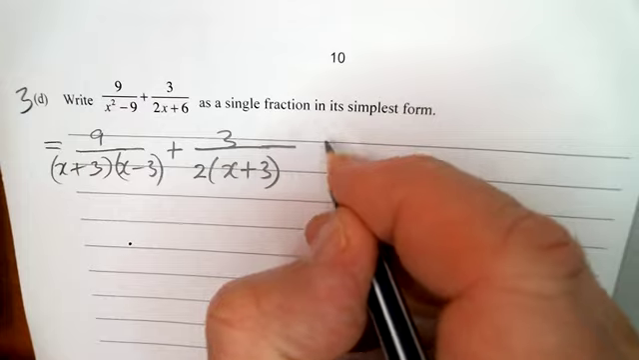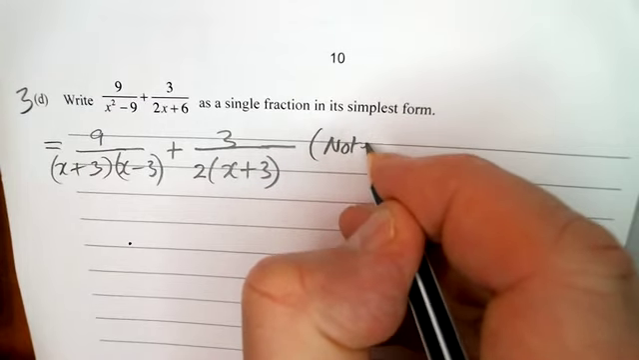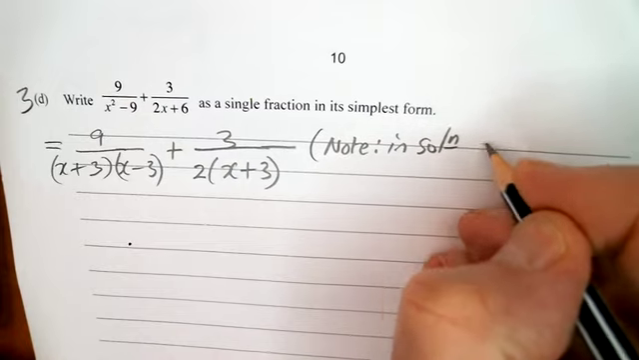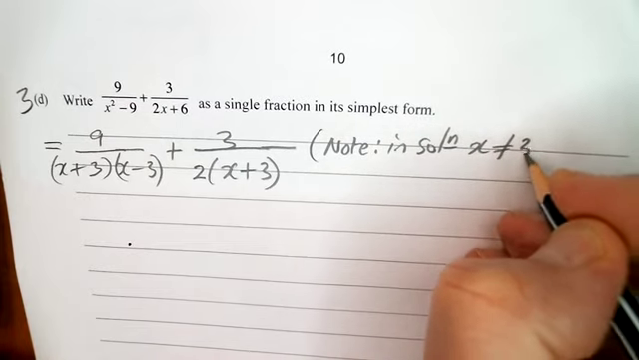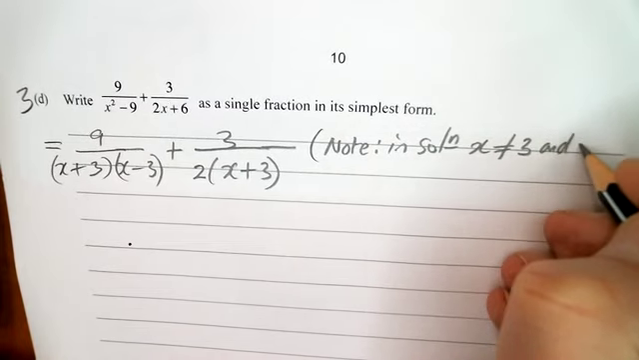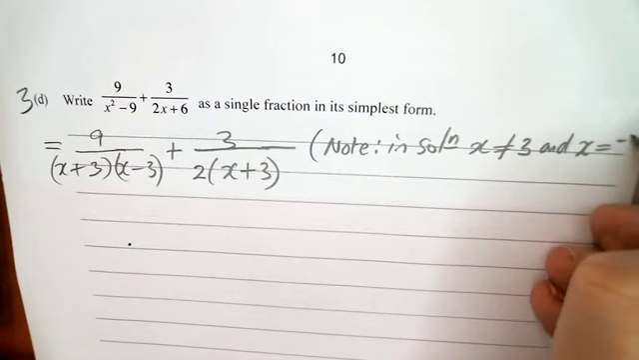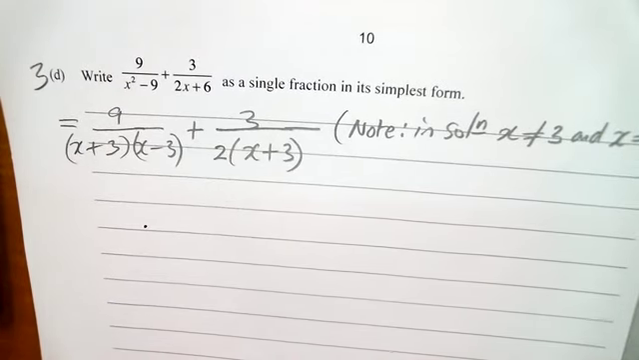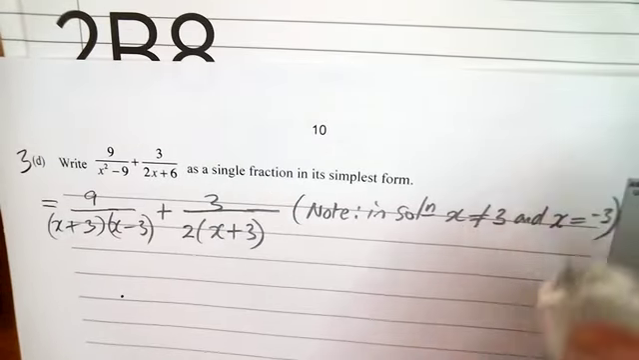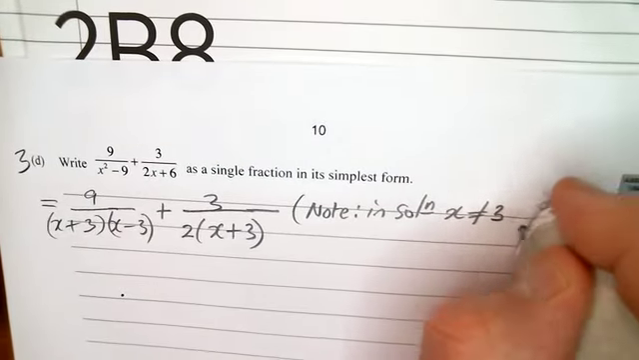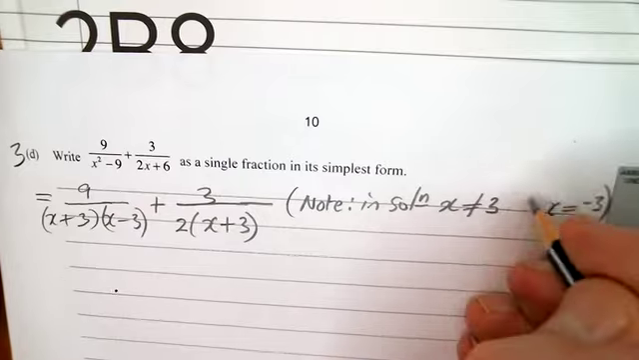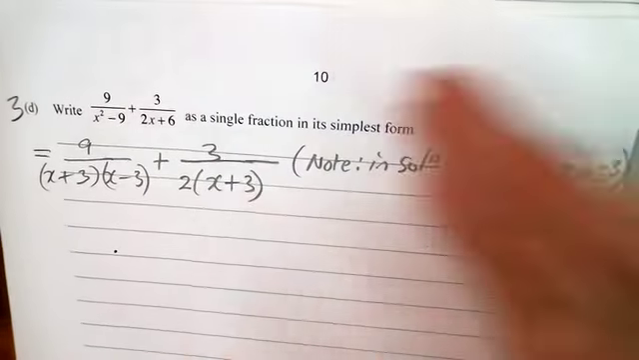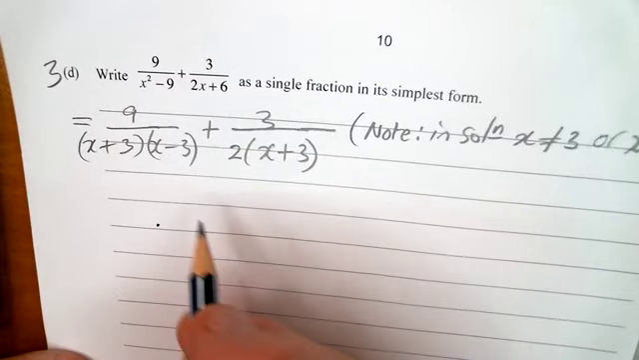So note, in solution, x cannot equal 3 and x cannot equal negative 3, yeah? So it can't equal either of those. I better put an or there actually, an or statement works much better. x cannot be 3 or x cannot be negative 3. All right, that being the case, let's go ahead now and